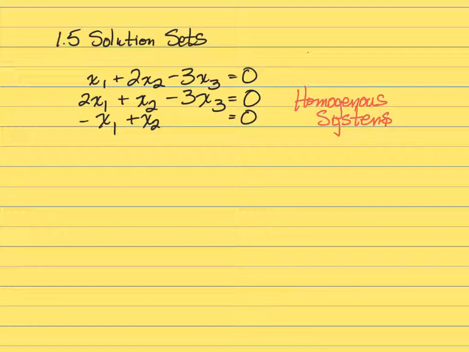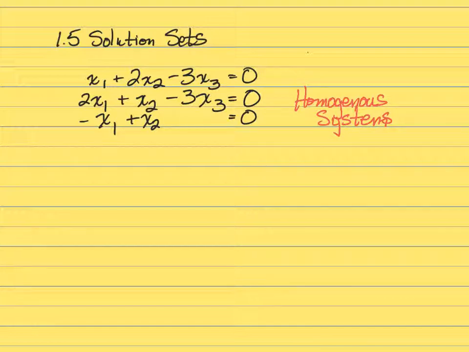Now, the first thing that hopefully is obvious is there is a solution to this. It's the trivial solution. 0, 0, 0 is a solution to this system. But the question to ask is not whether that is a solution, because we know that. The question that we're interested in is, are there an infinite number of solutions? 0, 0, 0 could just be one of an infinite number of solutions. We're guaranteed that there's at least one solution, but are there others, which would then imply there are an infinite